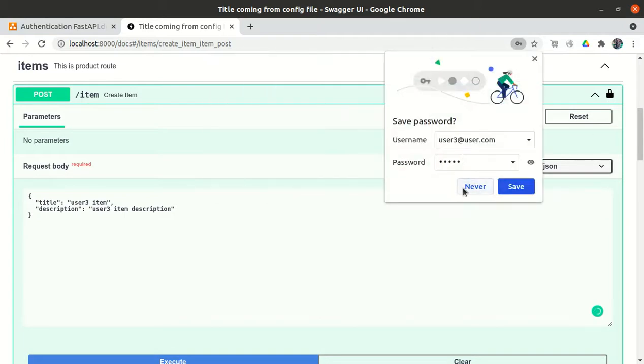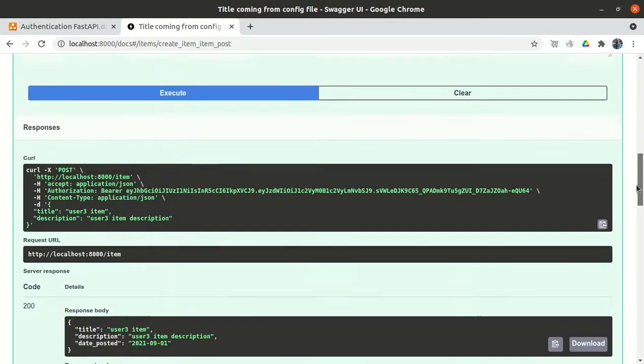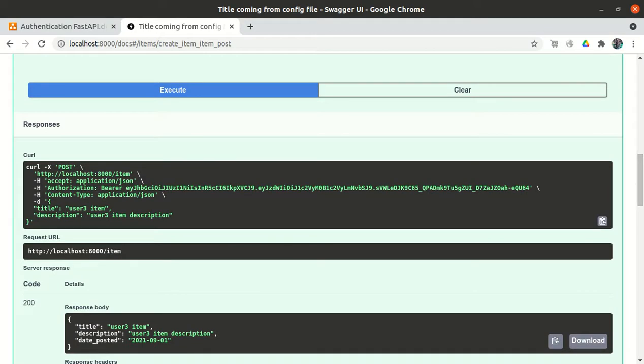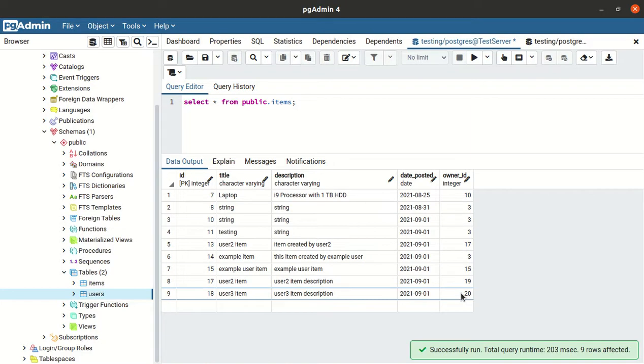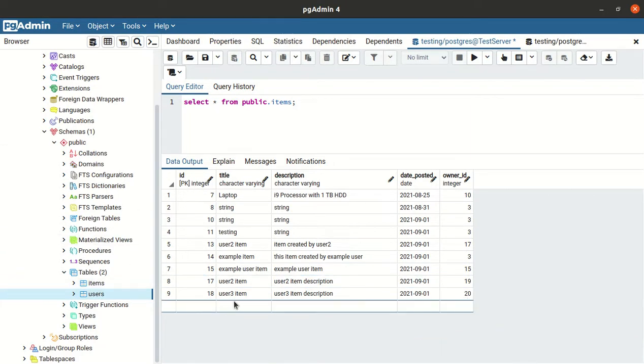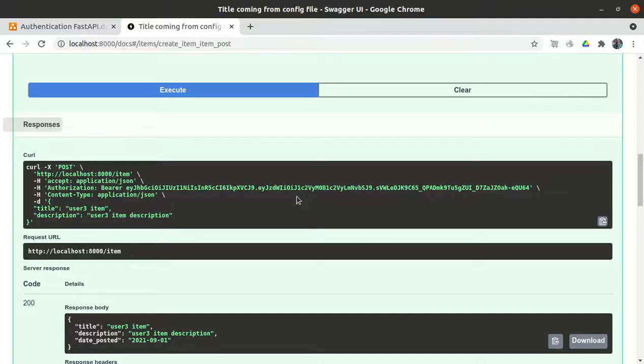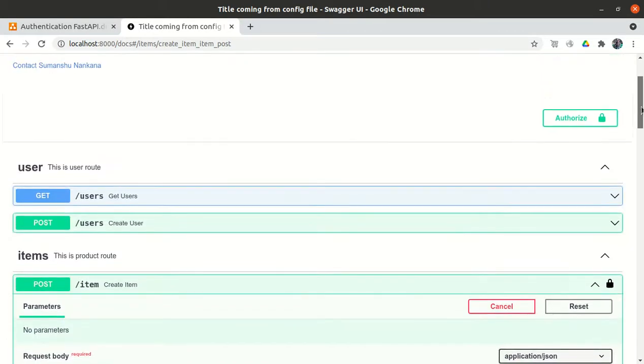So user3 item has been created. If I refresh it, user3 item has been created and the owner is different, right? Now I am logged in with user3, but let me try to modify this user2 item, just to cross check whether I am able to modify or not.